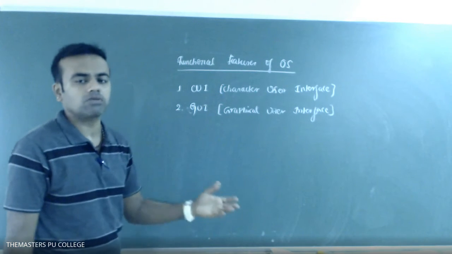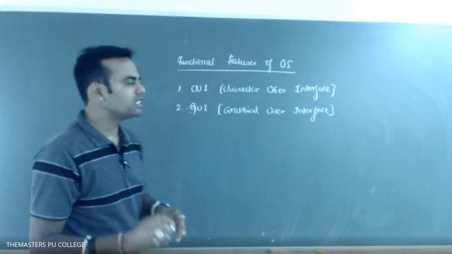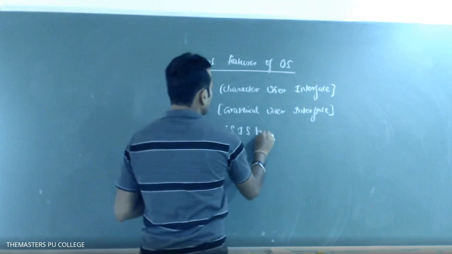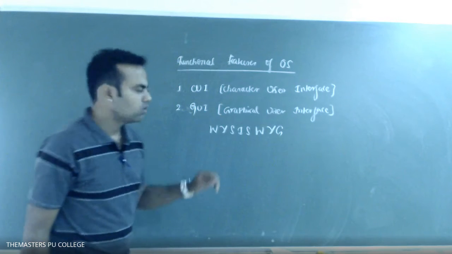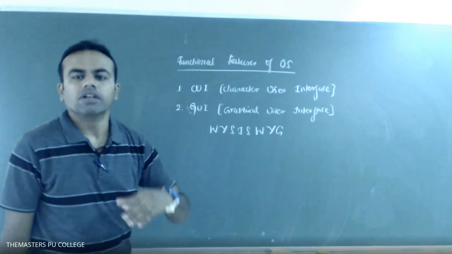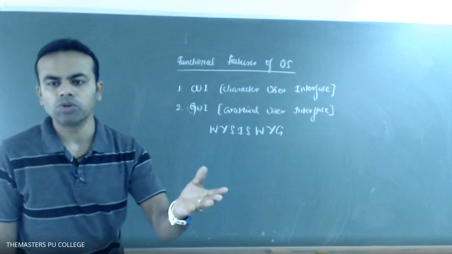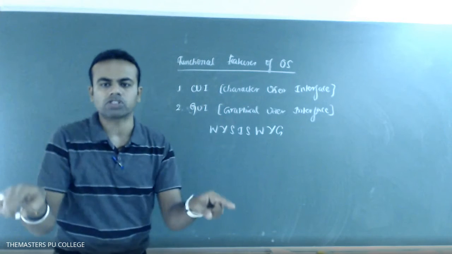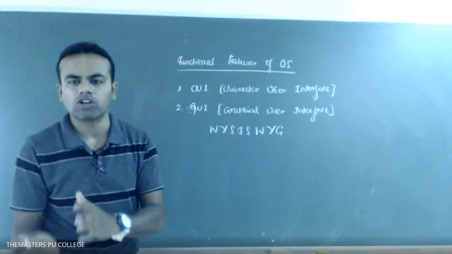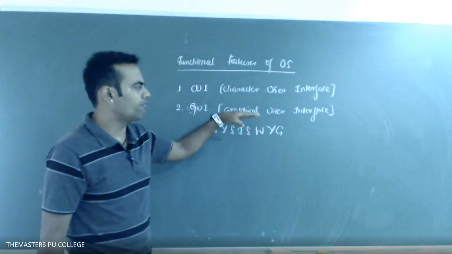The graphical user interface helps in using input devices such as mouse and keyboard. It is characterized by what you see is what you get. Whatever you are seeing over the desktop, you can get with the mouse or keyboard. There will be a desktop and icons. You can single click or double click, select, copy, paste, etc. What you see is what you get. So this is characterized by the graphical user interface.